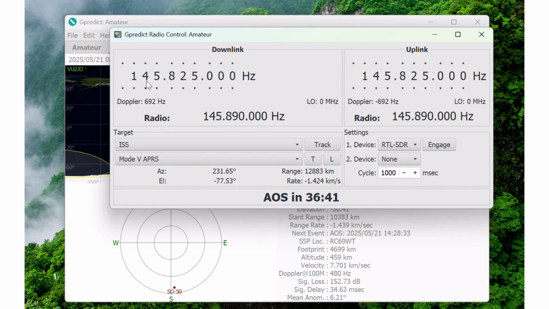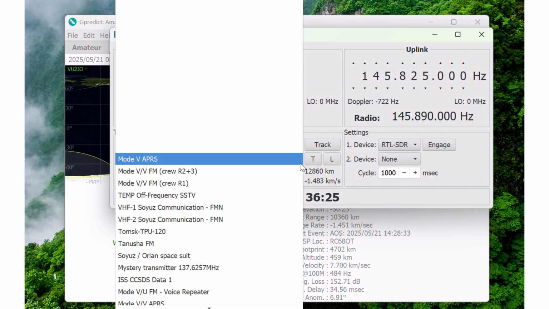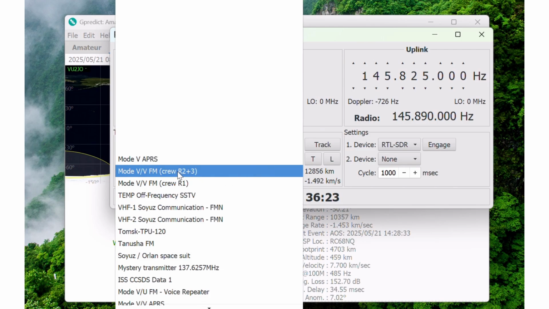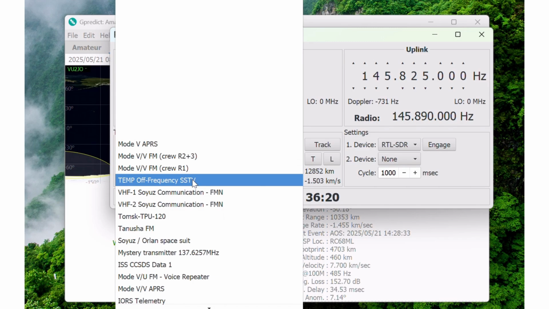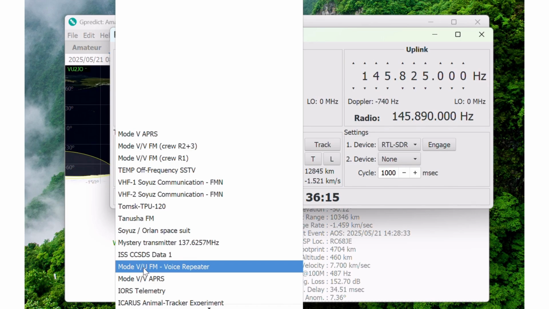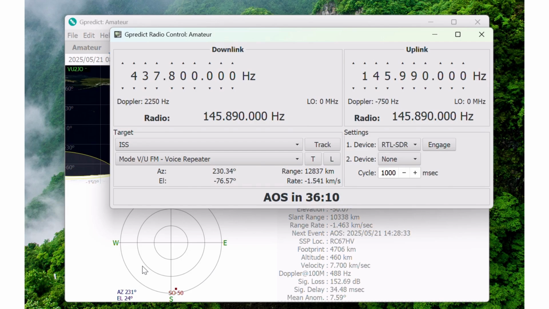You can see the APRS frequency here, 145.825. That is the APRS frequency. This is uplink, this is downlink. And I will change this mode to find the voice mode. Mode VU FM voice repeater. When I change to that mode, I can see that the usual downlink frequency has come here,